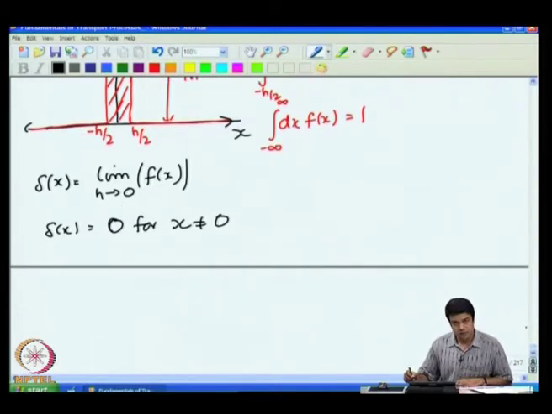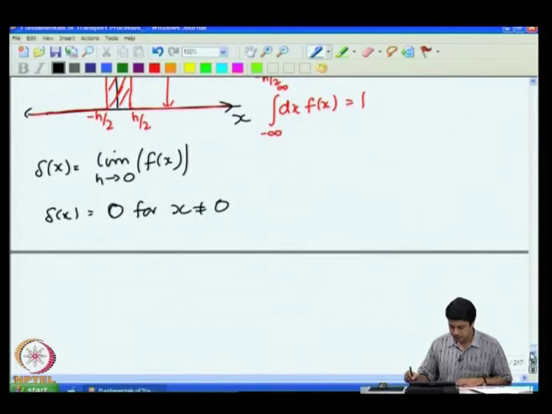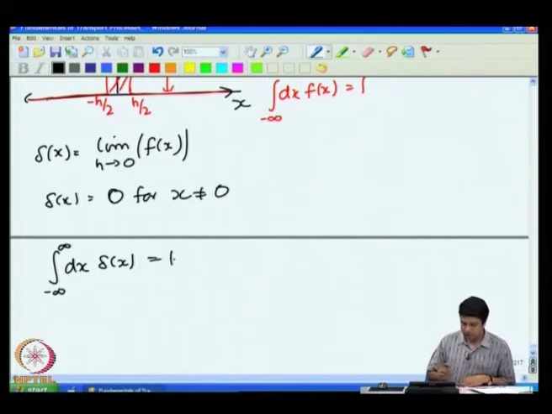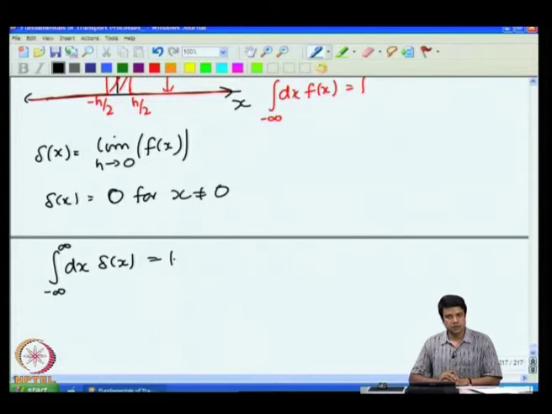At x is equal to 0, the value of the delta function is strictly speaking undefined. However, I have an integral condition. Integral dx delta of x, from minus infinity to infinity, has to be exactly equal to 1. So, there is an integral condition stating that the integral of delta of x dx has to be equal to 1. In addition, there is another property,